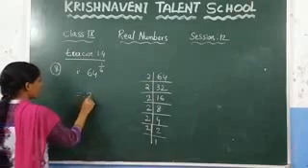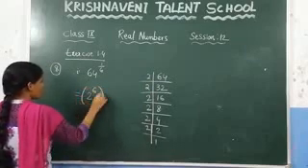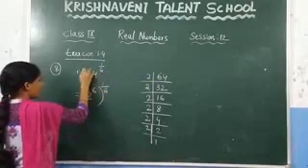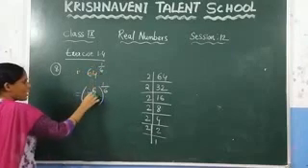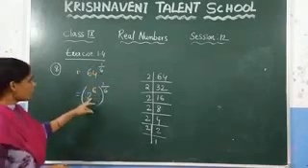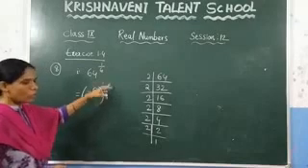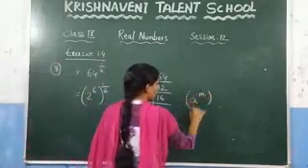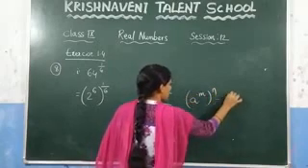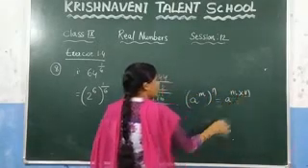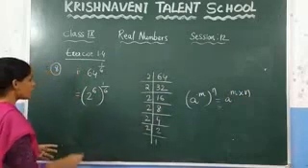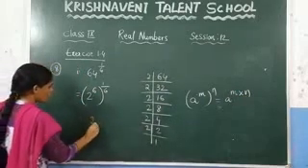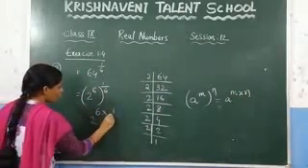Write it here as 2 power 6 whole power 1 by 6. Here we have written 64 as 2 power 6. Now it is in the form of a power m whole power n. What is the formula for a power m whole power n? It is nothing but a power m into n. So here just apply that. What do you get? 2 power 6 into 1 by 6.